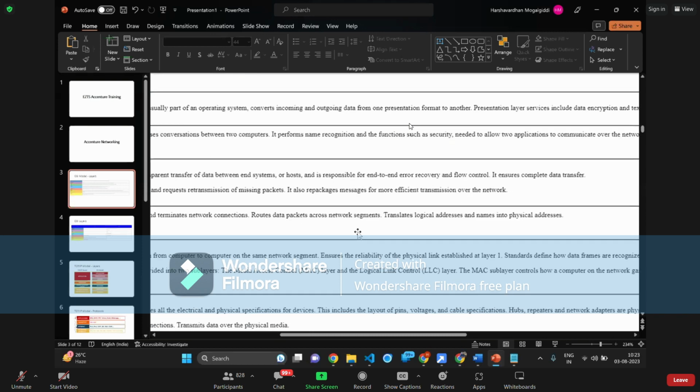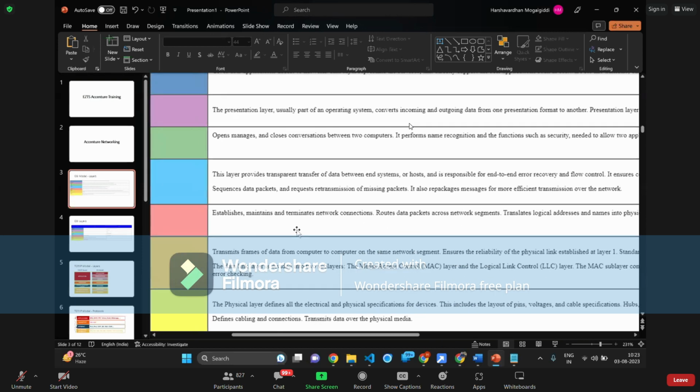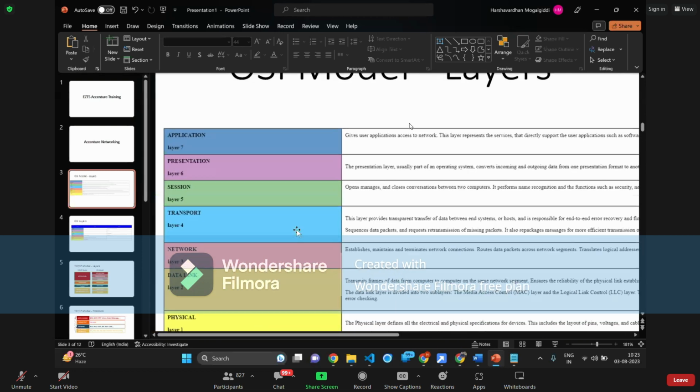Translates logical addresses and names to physical addresses. This is not necessary as of now. We'll get back to it later. But